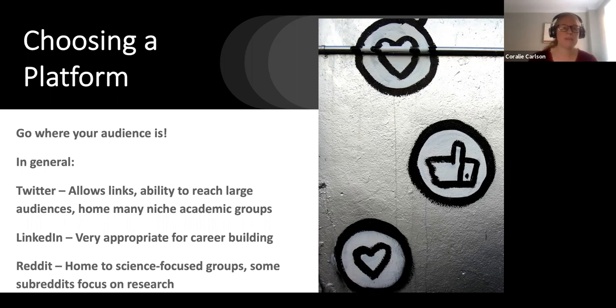The one thing I would say about Reddit, and to a degree this is true for all of the social media platforms that you might use, is that you really need to be a member of that community. That's true for all platforms, because if you are really using Twitter as a member of that community, you're going to be much more effective. But the difference is on Reddit, they actually have human beings moderating each of these subreddits.